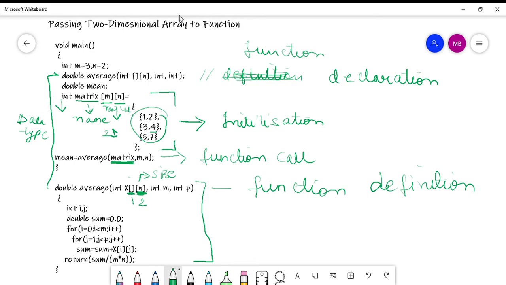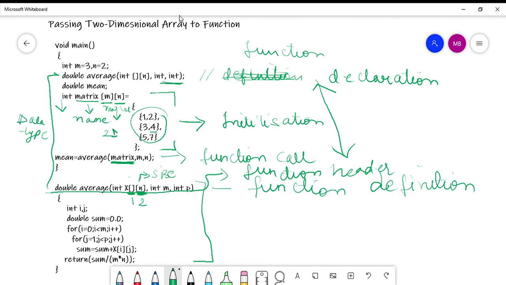This is the function header, as we know. The function header and the function declaration or the prototype must be the same, and this applies to any function, not just two-dimensional arrays, that the prototype or the function declaration and the function header must be the same.